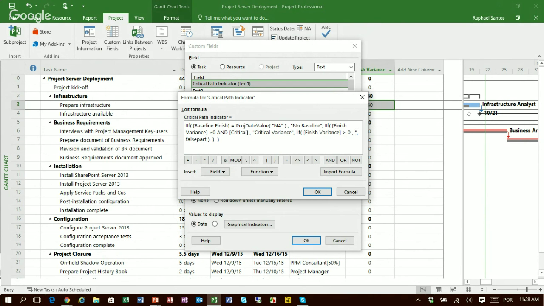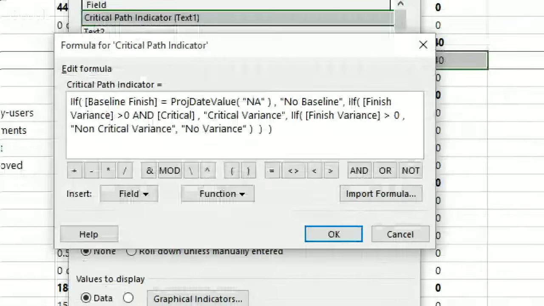then I would like to show the text no critical variance. And if my task does not have any variance at all, I will just say that this task has no variance, right? So just for you guys to see how the critical path indicator formula was built, I will just zoom in,